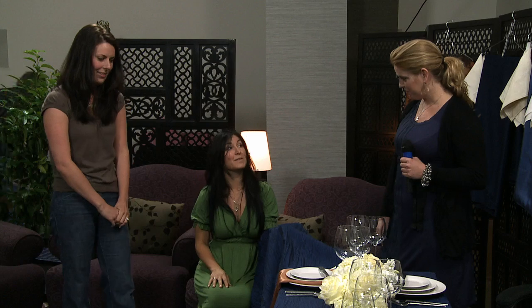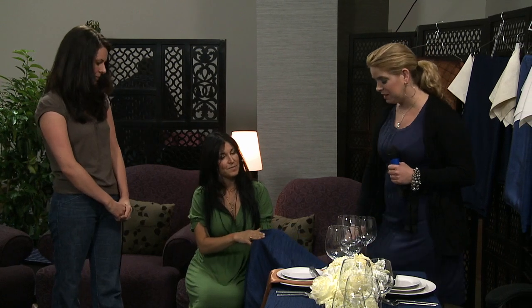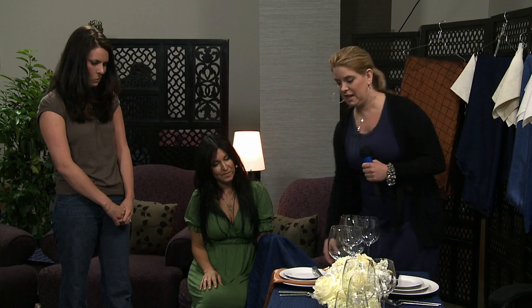It'll look really good with the Dupioni silk. Yeah, it's beautiful. I love this linen. Love it. And then